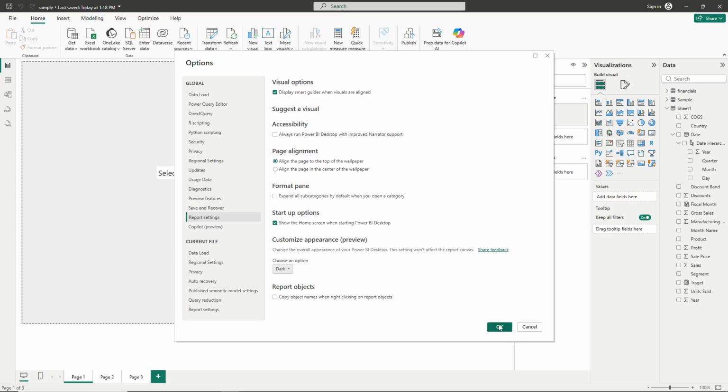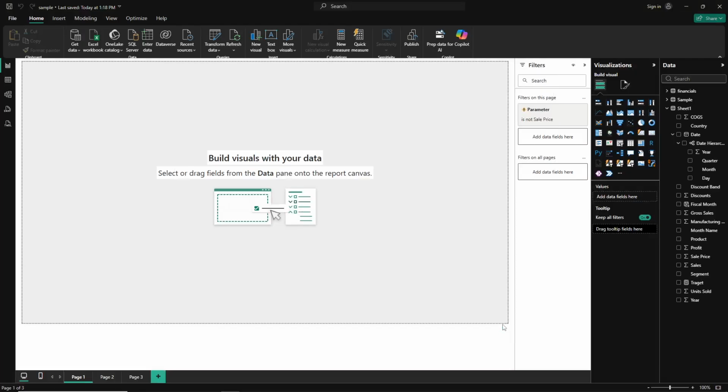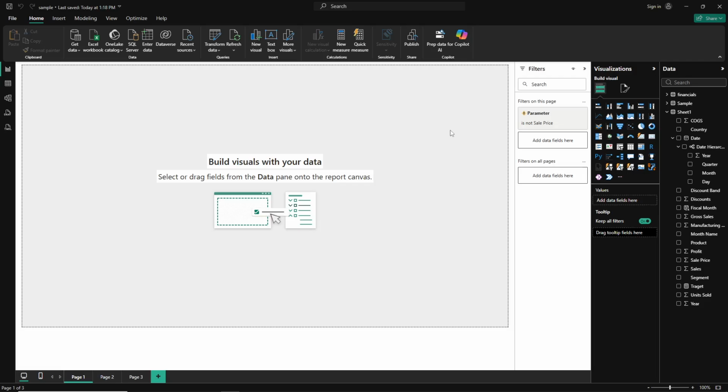Finally, to apply your changes, click OK at the bottom of the settings window. And that's it, your Power BI desktop is now set to dark theme. You should immediately notice the interface changing to a darker color scheme, making it easier on the eyes for those extended work